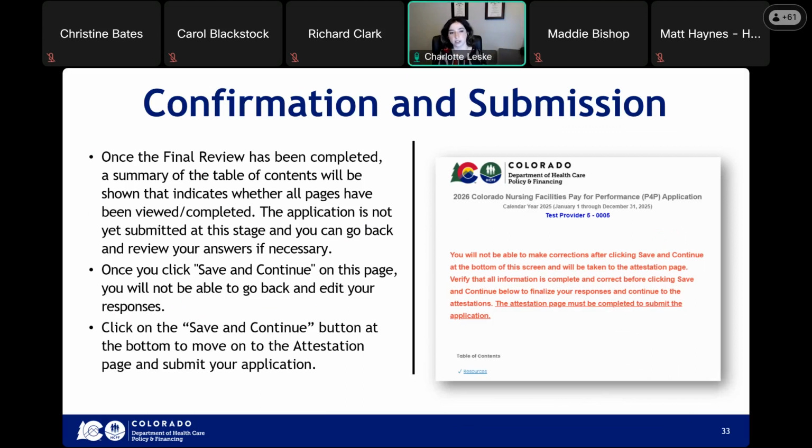And then you'll see that final summary of your table of contents with all the items that should be marked blue. And there will be this message in red at the top stating that once you move on from this page, you will not be able to make any changes or corrections. So please use this opportunity to go back and review all of your information. And then